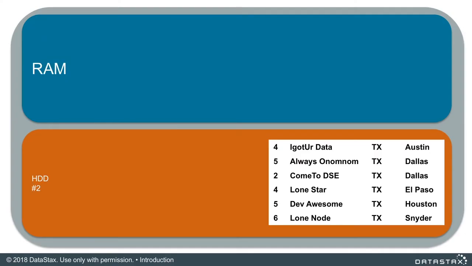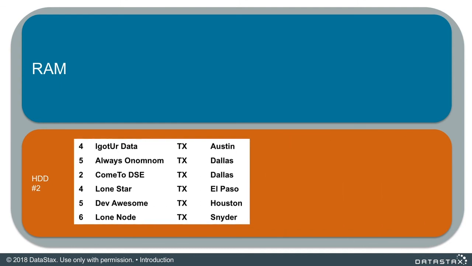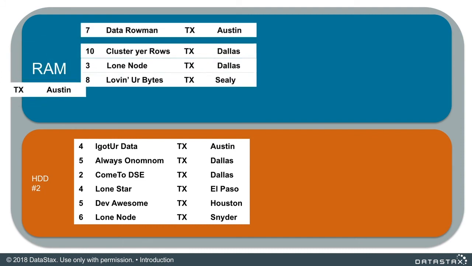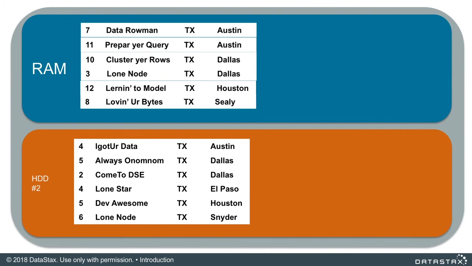For purposes of the next illustration, we're going to ignore the commit log. Just know that the commit log is still going on in the background. Let's ingest some more data. In comes our records, our rows. Remember, we're still clustering by the city, so Cassandra stores all the data sorted by the city values. Oh, look, our mem table is full again. Let's flush that down as well.